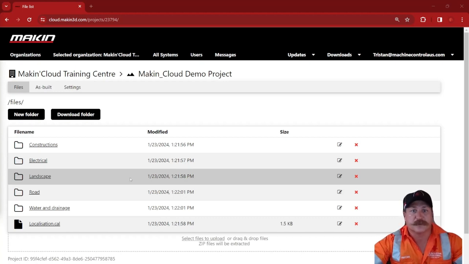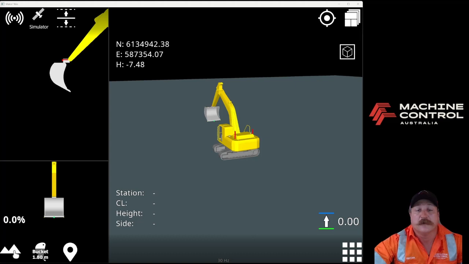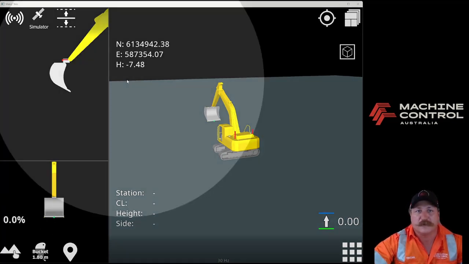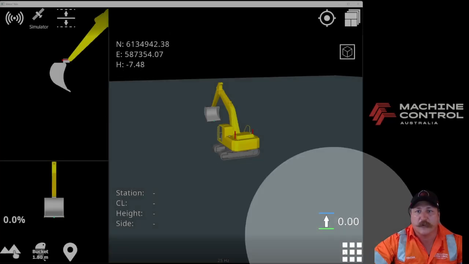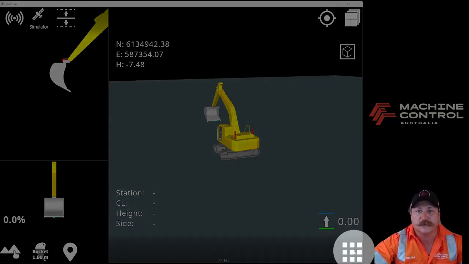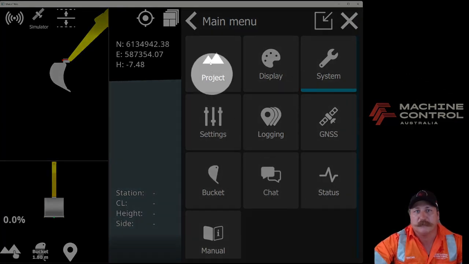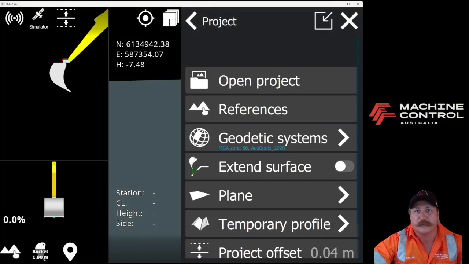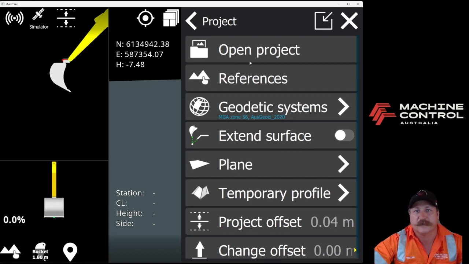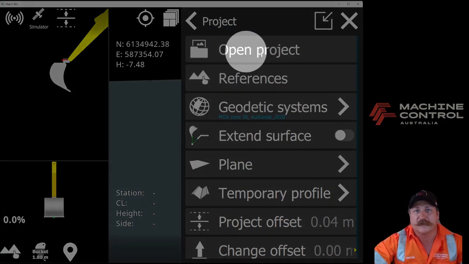Now, we're going to switch over to the operator's dig screen. Now you can see we've switched across to our machine dig screen. If we have a look, there's no project loaded at the moment. We're connected up top here. If we come down to our main menu button, it's down in the bottom right hand corner here. The Rubik's Cube brings up our menu. We go up to our project button and select project. And here it gives us our options. Now if we come down here and select open project,